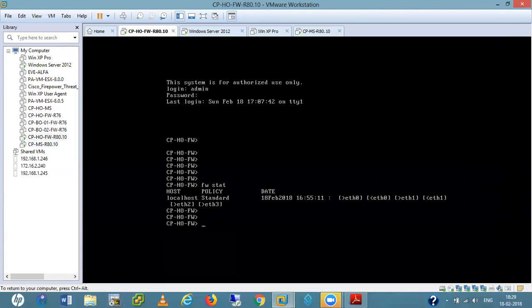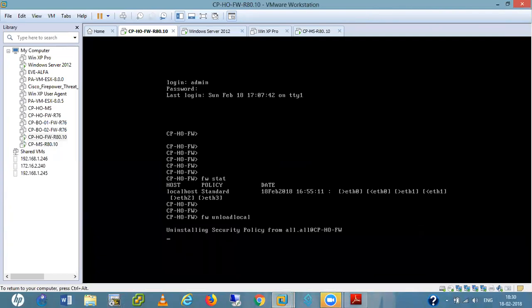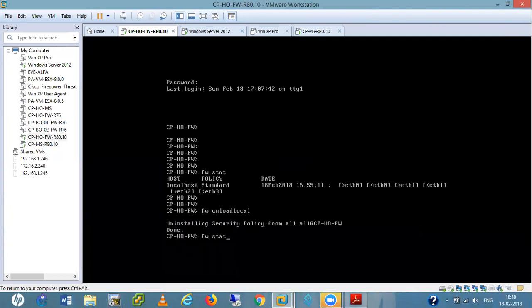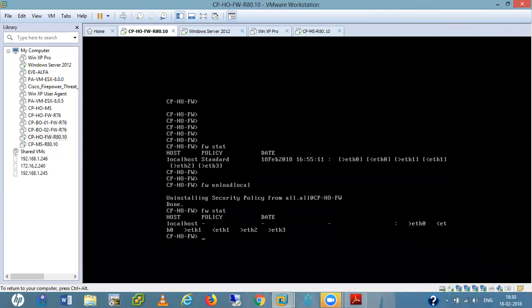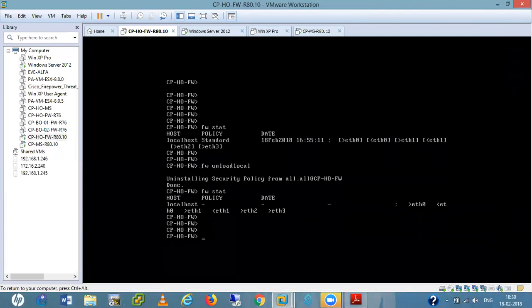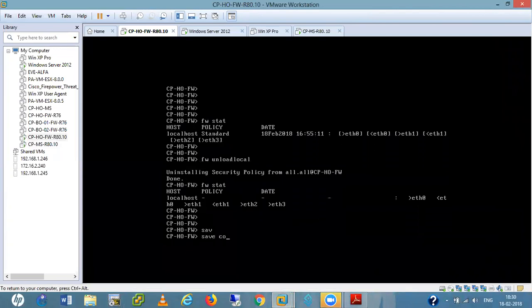I am unloading this policy for now, because our management has changed. So FW unload local. If I check the policy state now, it is unloaded. Let me save the config.